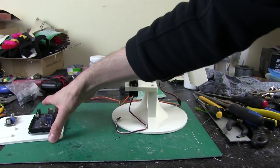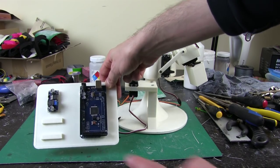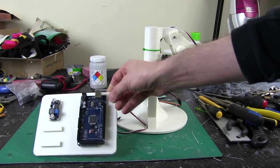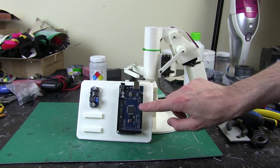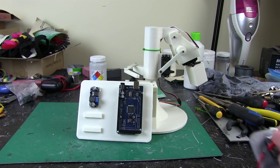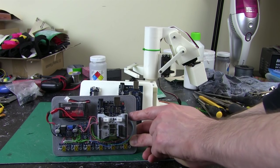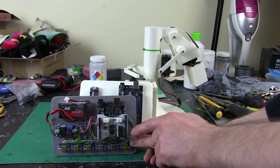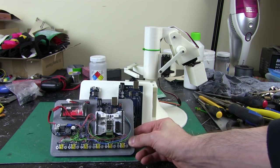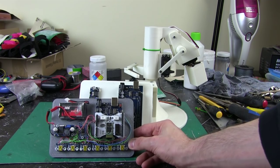So I'm going to control this with an Arduino Mega, which is a big Arduino with lots of I/O. That's a power supply, and this is a place to mount a breakout board for all the servo connections. And the reason I'm using the Mega is because it's got lots of UART serials on it. So I've been sending data from the motion capture suit over Bluetooth using an Arduino Uno. There is an option to use software serial on the Uno to get more serial ins and outs, but I found it doesn't work very well, so I'm using the UART serial, which is the hardware serial, which is fine